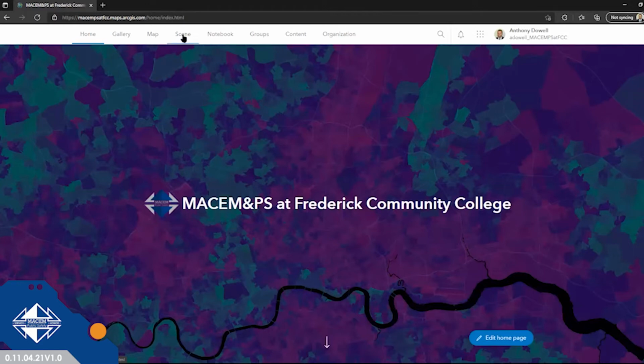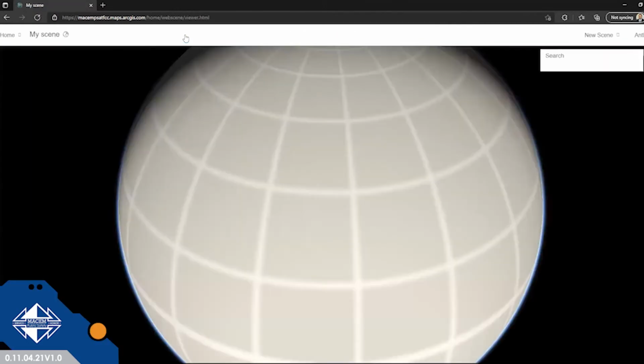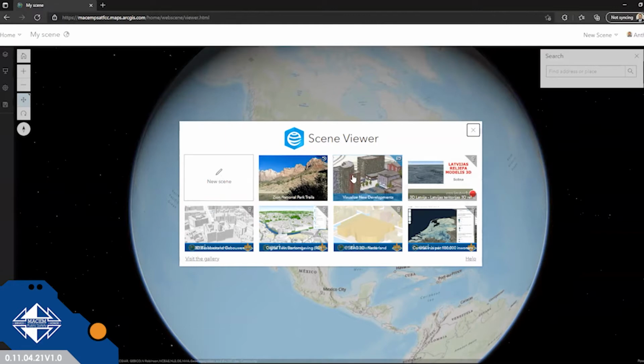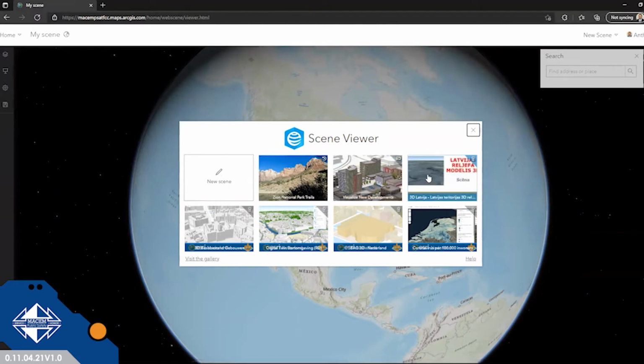Next, I'll go into scene, just to show quickly what a scene might look like and how you might set that up. And so again, a scene is going to be set up as a 3D visualization of data that has 3D information associated with it, or that you would want to use to create some type of visualization. So here, you can create a new scene. You also have access to some really nice existing scenes that others have developed, which might be a great way for users to get some ideas on some potential projects or ways that they could maybe use their data to